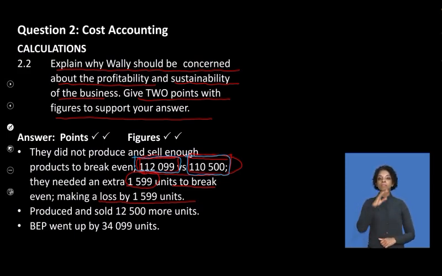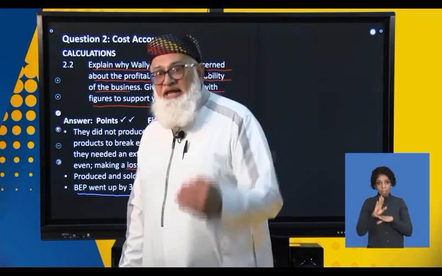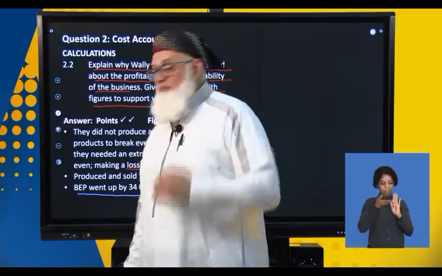if you do your comparison from the figures that we were given, we produced and sold 12,500 units more. That is correct. Compared to last year, there was an increase in production by 12,500, but the break-even point went up by 34,099 units. So that will also give you an indication that although we produce more, the break-even point increased by